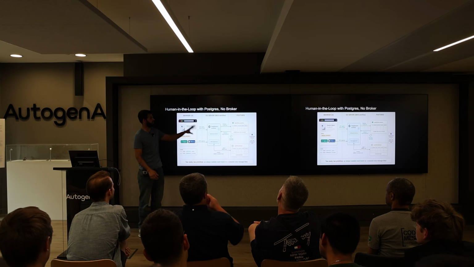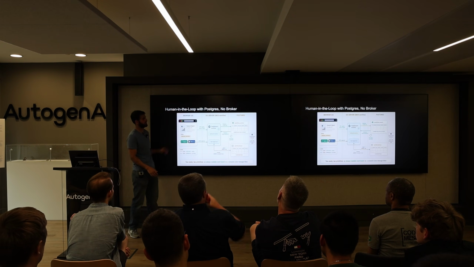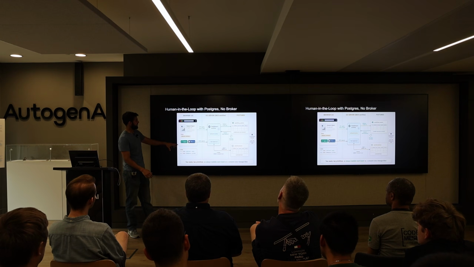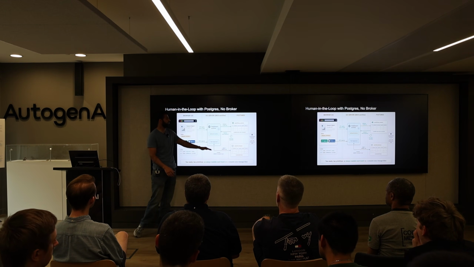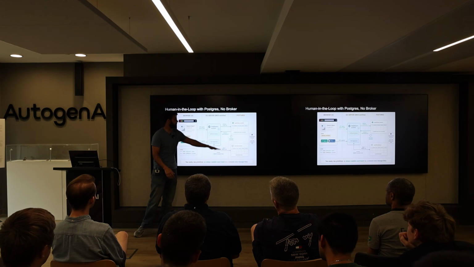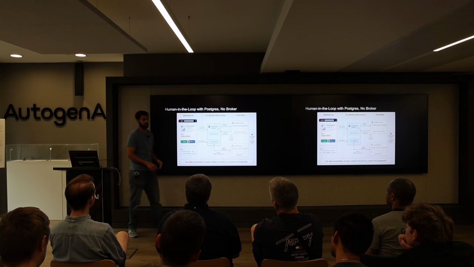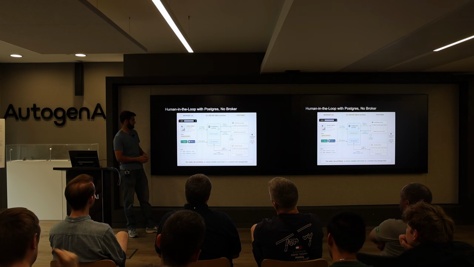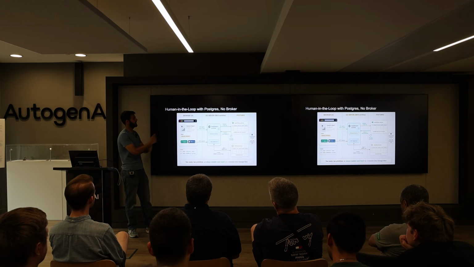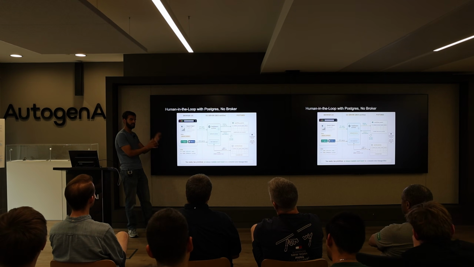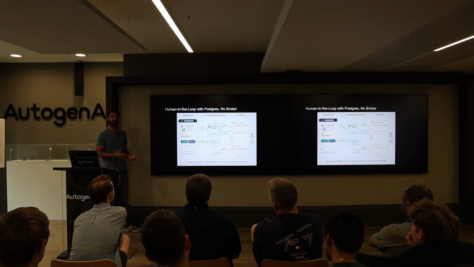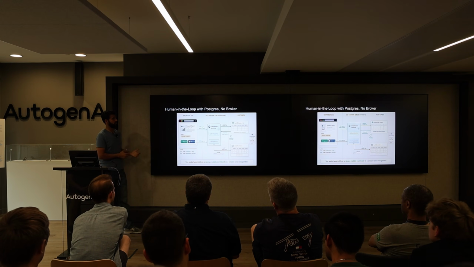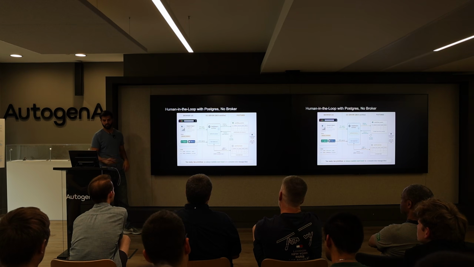So if you poll every 30 seconds, keep checking if there's anything on that table, and then if you approve, the server approves that, and a query is run on the notification table that changes consumed from false to true, and that's done. That's how the application keeps working. It listens to that table. And that's how you can achieve human in the loop through Postgres, and you don't need a broker for it.